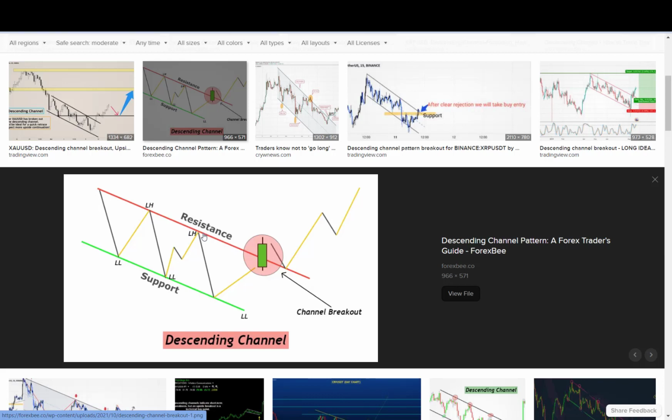The other option is, once the price comes to retest the resistance and breaks out above the resistance and closes with a candle above the resistance, you'll wait for price to push up, then retrace back to retest the resistance so that you can scale into a long position. Now,